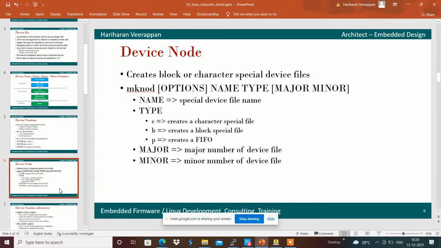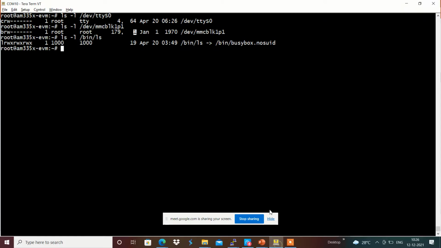In order to create device files, we can use device nodes or device files. We can use the command called mknod over here, and that will provide the device files. For example, I am going to create a device file with mknod and /dev/ something like a character driver over here, and I am going to create it as a character device file, and the major number, maybe I have to choose the major number here, cat